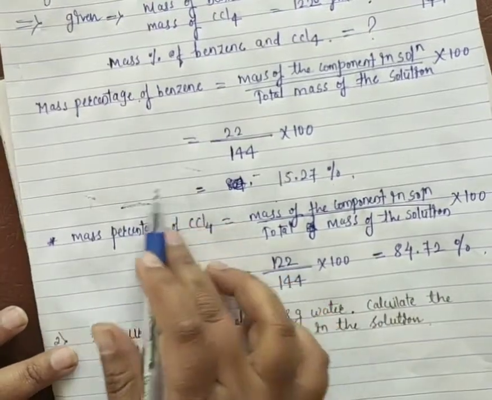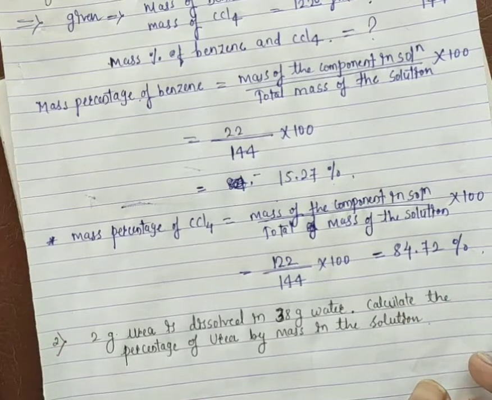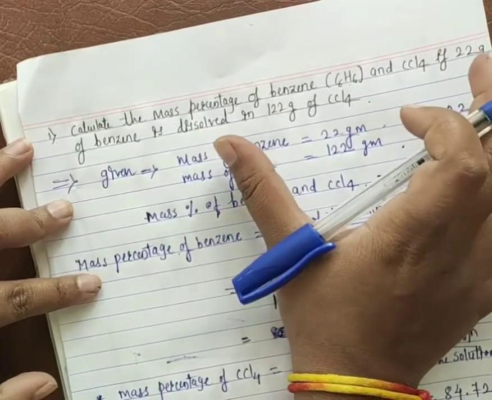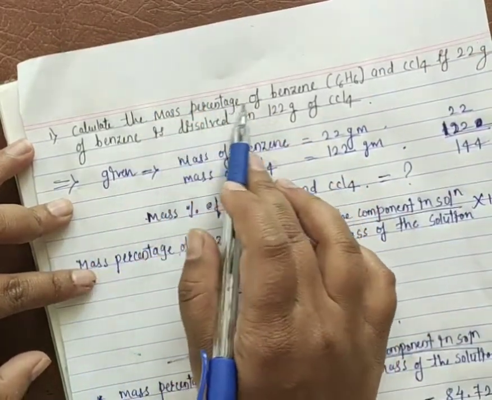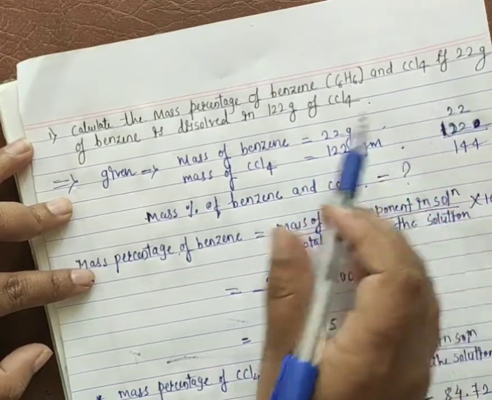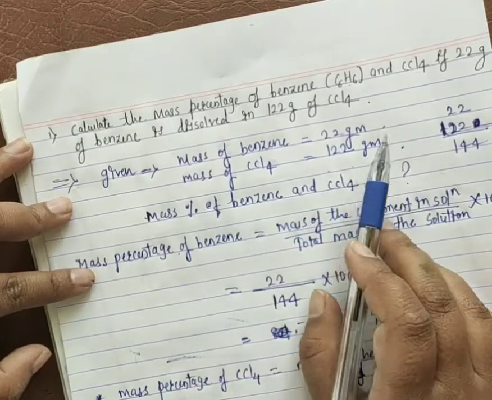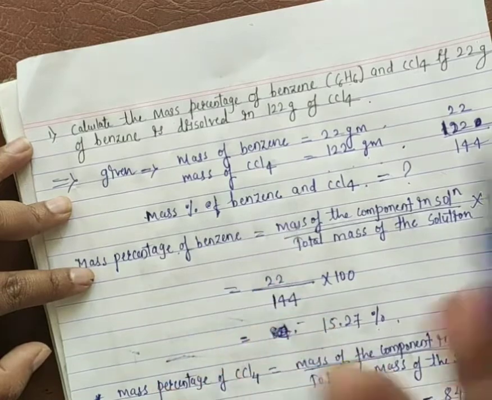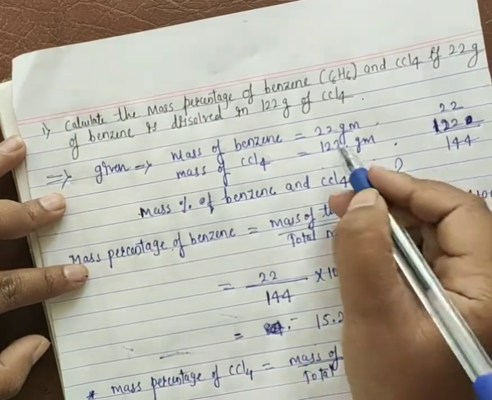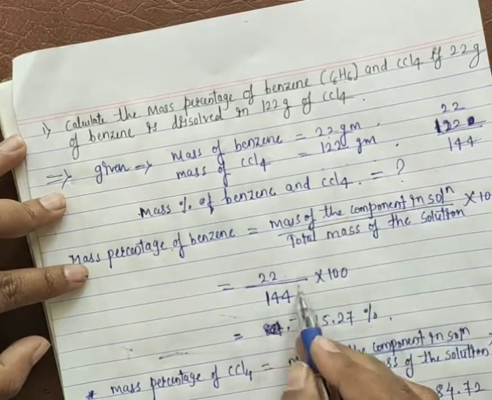So this is your mass percentage of benzene, 15.27%, and mass percentage of CCl4 will be 84.72%. Okay, so I hope you understand how to calculate. First you have to read the problem carefully. What they ask here? They ask mass percentage and they gave only the mass of benzene and mass of carbon tetrachloride. So you have to write here the mass of the benzene and mass of the carbon tetrachloride. You have to find mass percentage of benzene now. So you know the formula, that is the mass of the component in the solution. So how much component of the benzene will be present? We have 22 gram and the total mass will be 22 plus 122, I am getting here 144